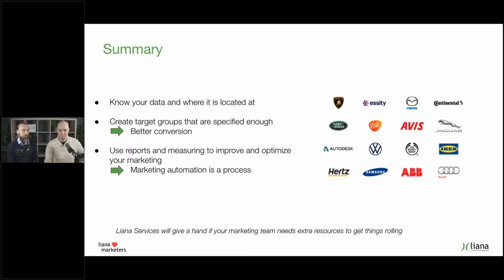Yeah. So the conversion is much better when you have targeted audiences and timely messages, of course. And then when we talk about reports and measuring, it's really important because marketing automation is truly a process. You need to optimize all the time and try different things and be active on it. Your workload is not ending when you start these processes, but you can be much more effective. Yeah, effective with your marketing, and that also needs this optimization. It's a continuous thing. Yeah, that's true. That workload is not getting smaller, but things are happening maybe faster and more effectively.